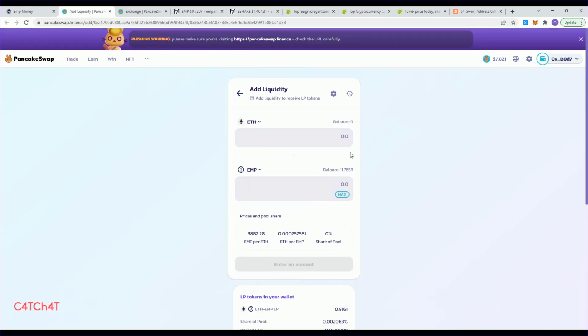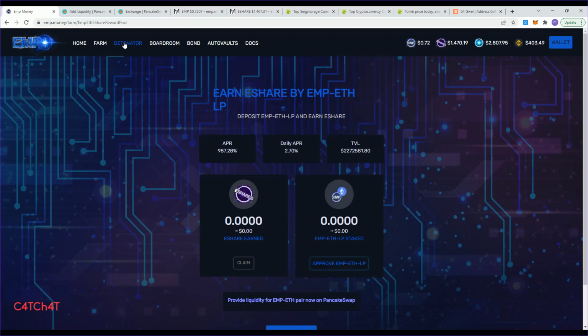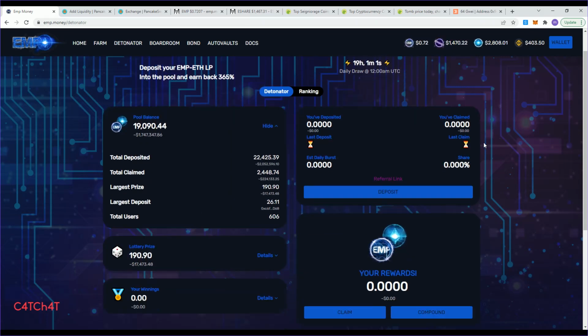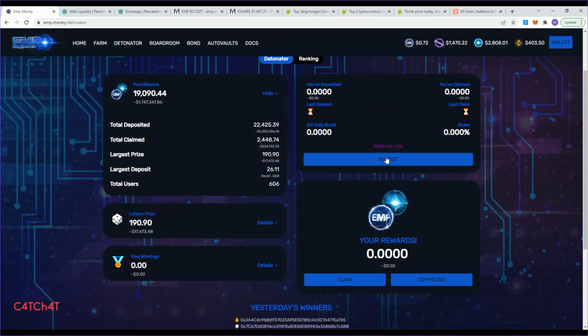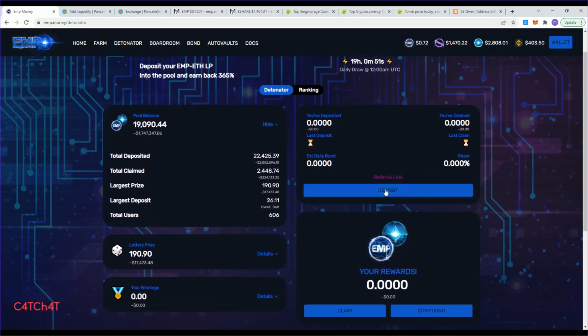So what we're going to do is we're going to go back to Detonator on the emp.money/detonator, and I erroneously already clicked the approval button that was up here, but this approval button is just going to pop up a MetaMask approval box. You can confirm it for pennies again, 10 cents.